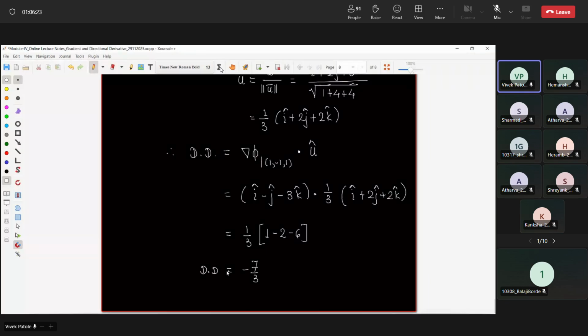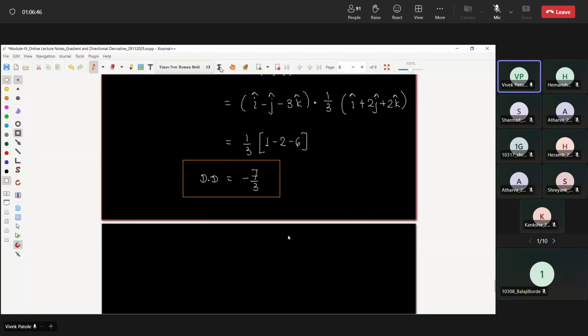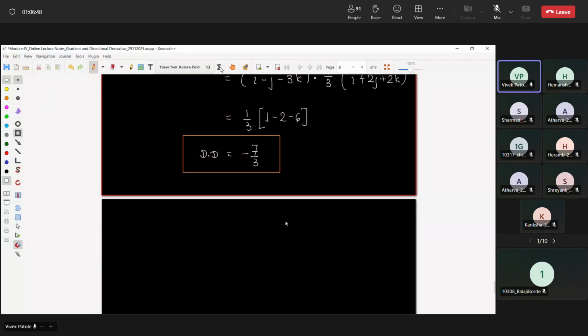So the directional derivative of the given scalar point function along the vector i bar plus 2j bar plus 2k bar is minus 7 by 3. So this much is the slope in that direction for the given function. This is the first case. Now